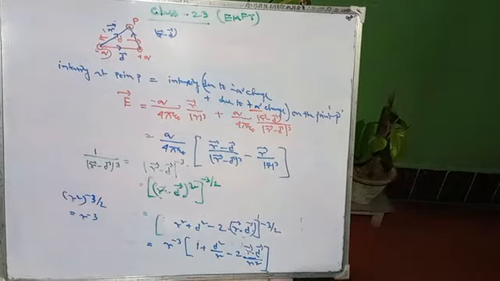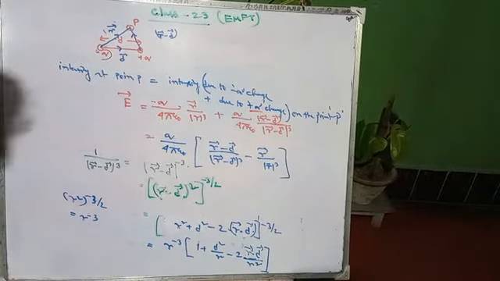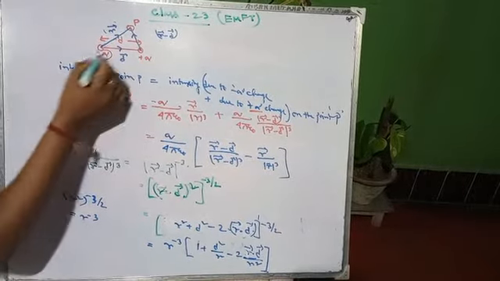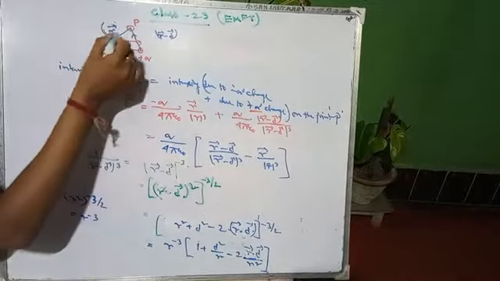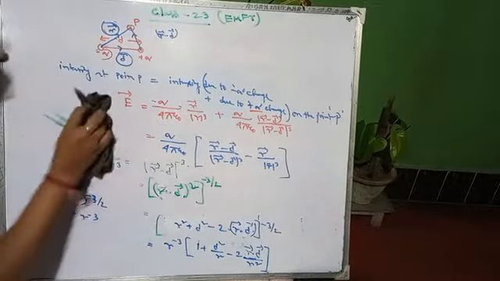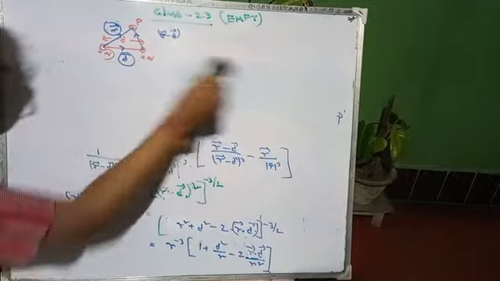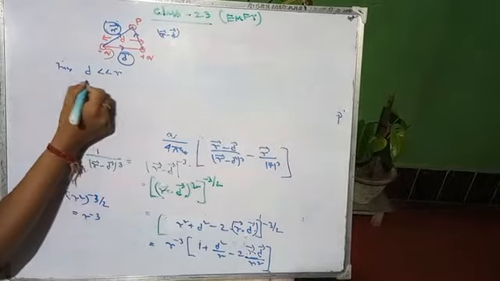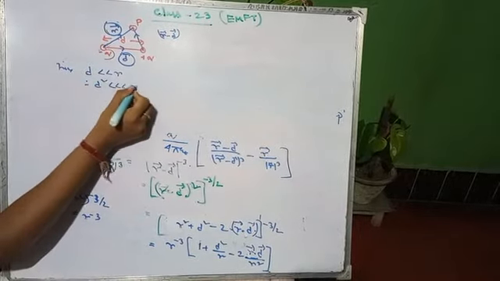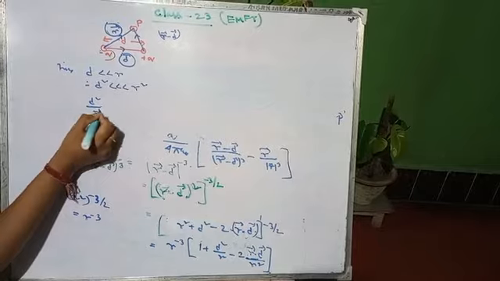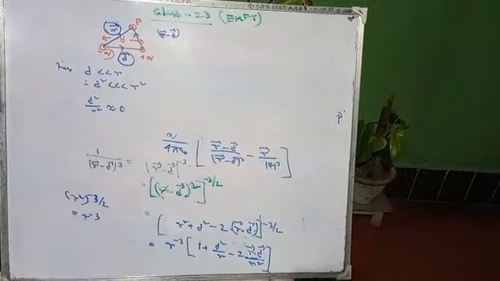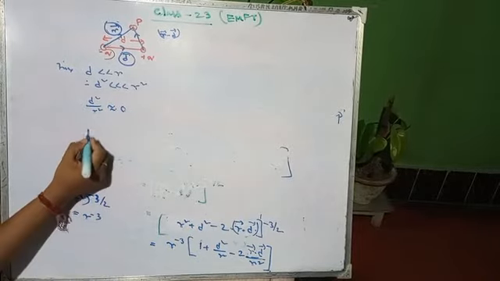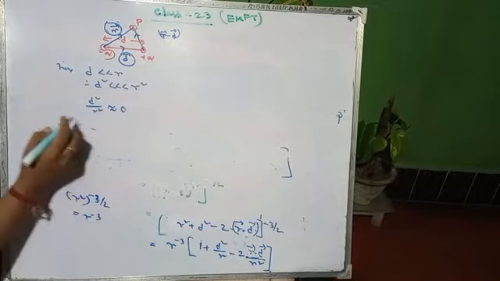Okay, it is clear? Now d square by r square is a very small quantity. Why? Because we know this d term is very small with respect to r. So just write this logic: here d is very small than r, therefore d square is very small than r square. So d square by r square can be assumed as 0. By assuming d square by r square as 0, you can get the result, that is, this term will be